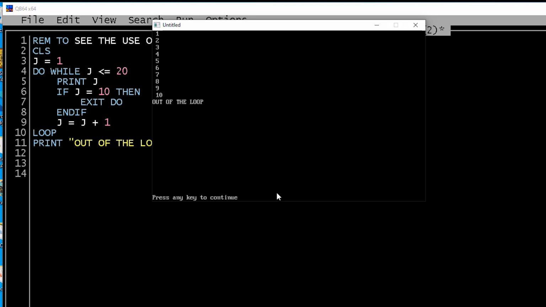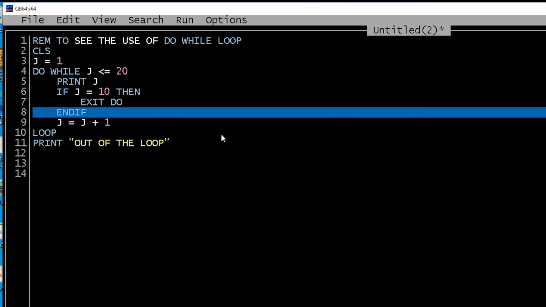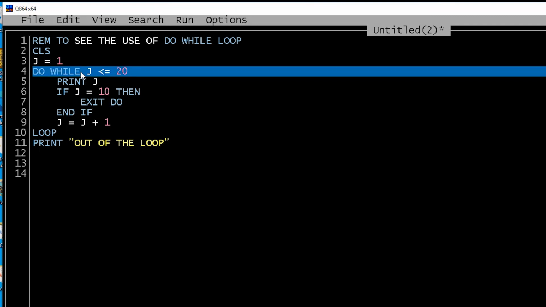Now the third type of conditional loops that we have is the do until loop. It is just the opposite. In writing it is just this much only: in place of while, we may write do until. But in working, it works only if the condition is false. While loop works only if the condition is true, whereas until loop will work only if the condition is false.